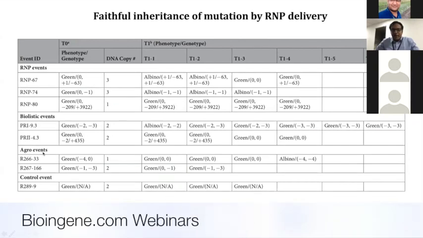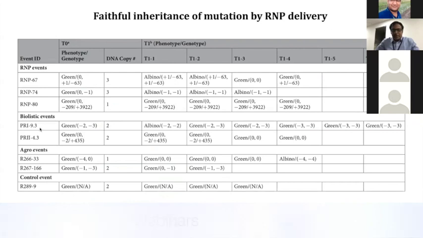But if you take, for example, DNA delivery highlighted here, in one of the examples, in the T0 first generation plant, we see 1 base pair and 3 base pair deletion. It's a biallelic edited event. But in the next generation, we don't tend to see that pattern in one of the plants. I mean, this has been reported in other crops as well.